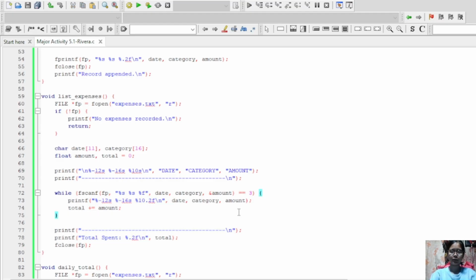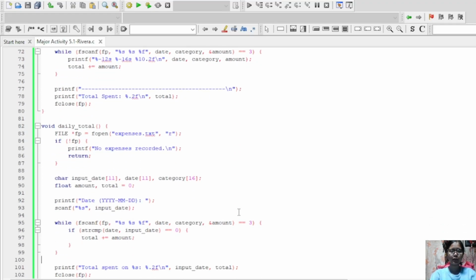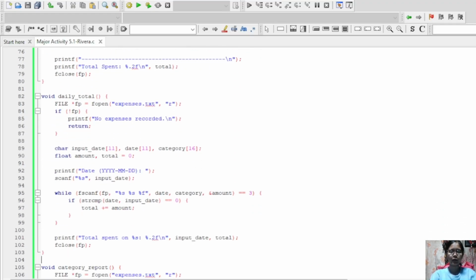So let's scroll down to the next line. Here is the function for the daily total. This function calculates the total amount spent on a specific date. I open the file in read mode. If the file doesn't exist or can't be opened, I display an error message and return.